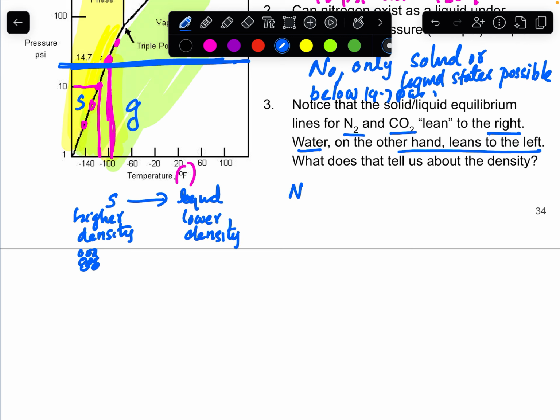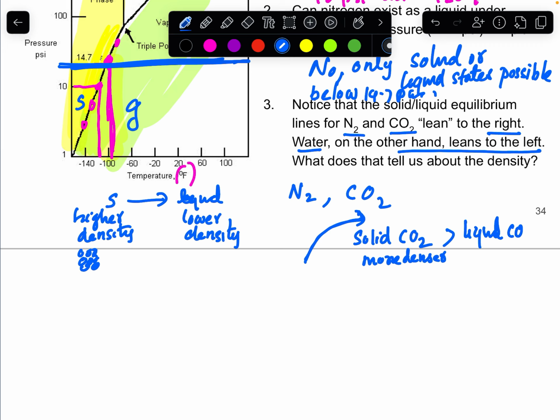That is true in most substances. So that is why for N2 and CO2, the line is leaning towards the right. There is a positive slope instead of a negative slope, because solid carbon dioxide is denser